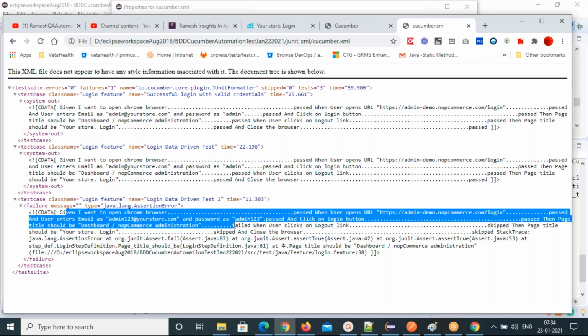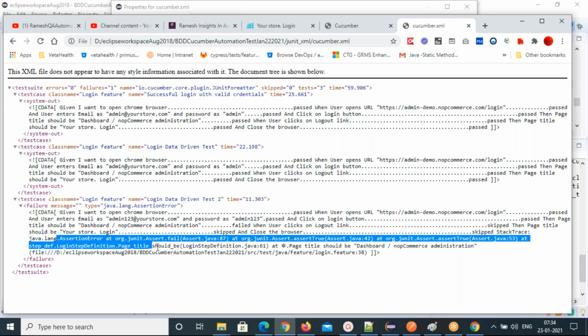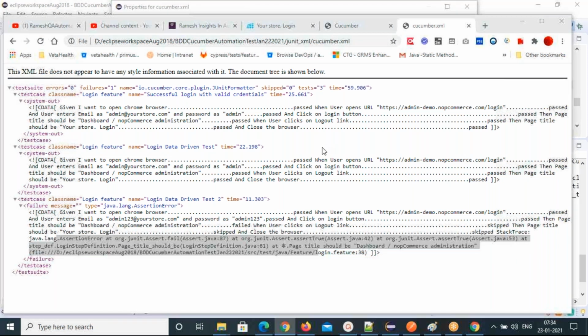Then page title should be, failed. So when user clicks logout is skipped, then the other ones are skipped. So this failed. The failed reason you can see here: assertion failed, assertion error. You'll get an exception also in the report. That's the advantage with this Cucumber.